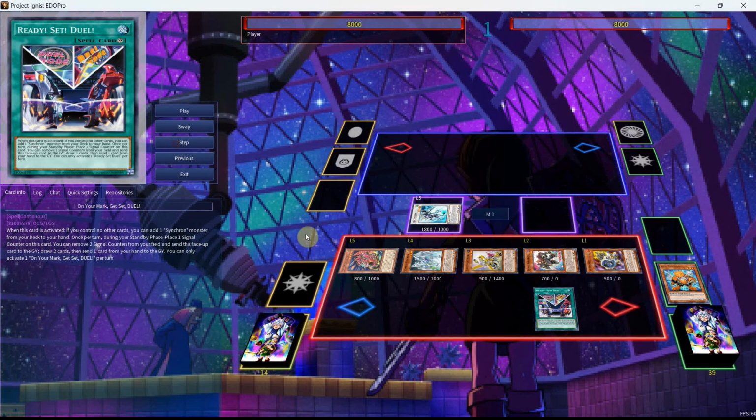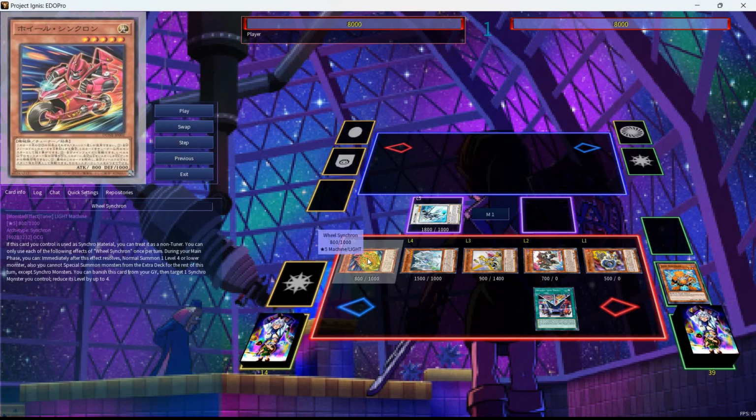new level 5. And this one is called Wheel Synchron. It reads, if this card you control is used as a synchro material, you can treat it as a non-tuner. You can only use each of the following effects of Wheel Synchron once per turn. During your main phase, you can immediately, after this effect resolves, normal summon one level 4 or lower monster. Also, you cannot special summon monsters from the extra deck for the rest of this turn, except synchro monsters. You can banish this card from your graveyard, then target one synchro monster you control, reduce its level by up